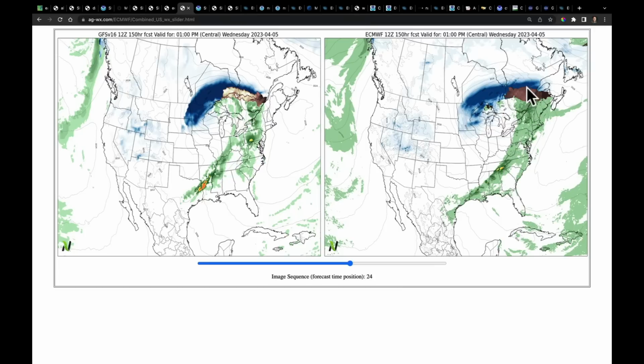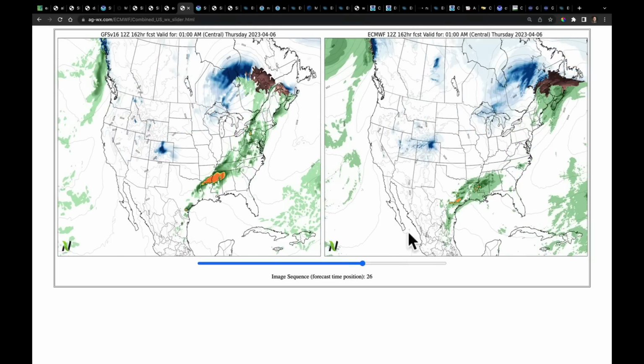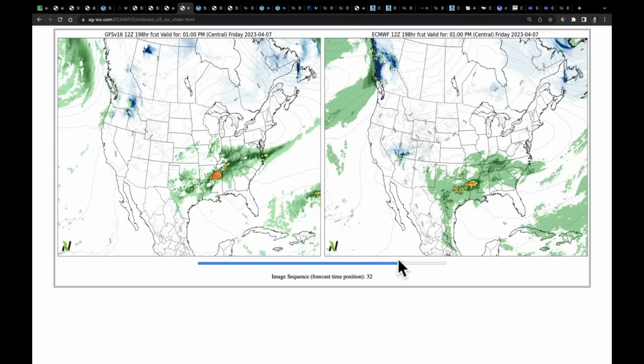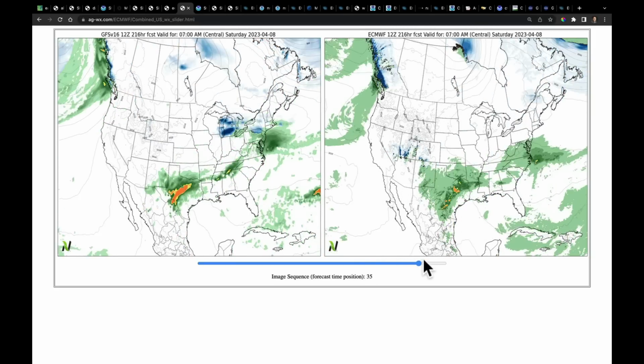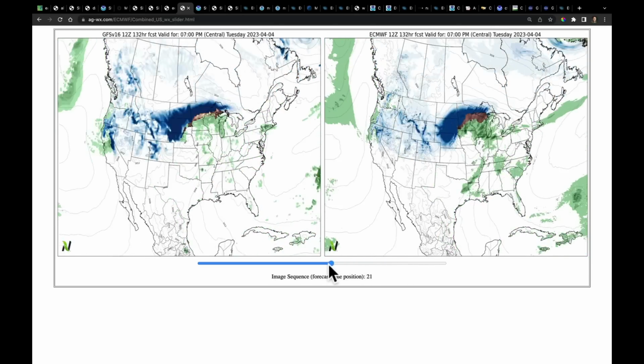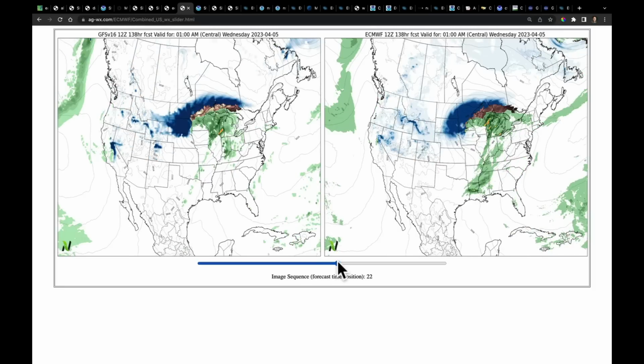So the snow is here, almost in a very similar place as the previous system. This front clears the Carolinas, which I do need to see more moisture getting into there. And then we notice that getting out there to Friday the 7th, we see another potential large system showing up here. Now, the timing of that second system, Tuesday the 4th, for a lot of us in meteorology,